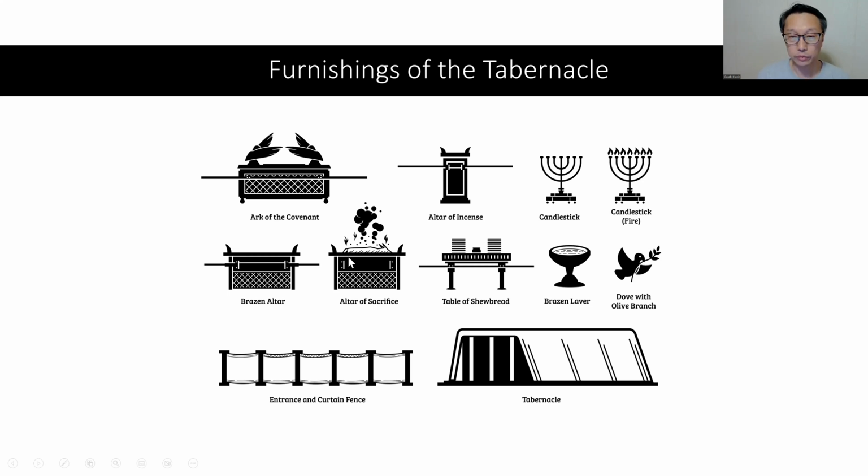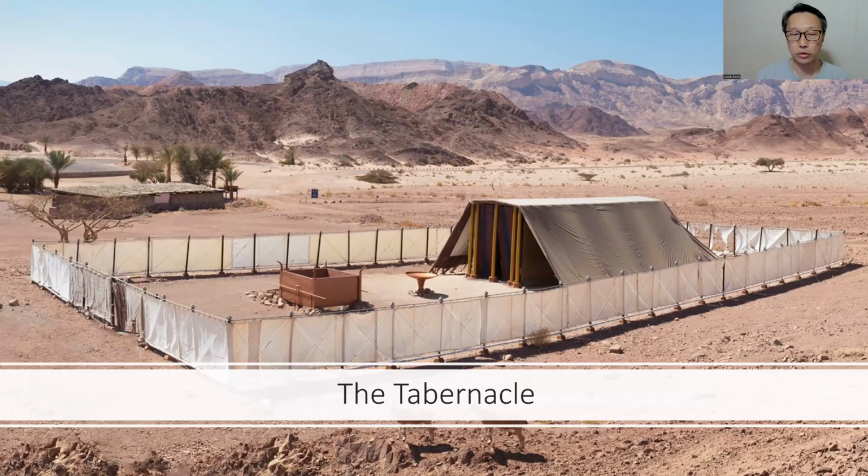And maybe we can go to the next picture. Yeah. So this is the picture of the tabernacle. The one you see right now here is the tents. This is the tent of meeting. And then this is the washing basin. And this one here is the altar of sacrifice. All right. And the next one,